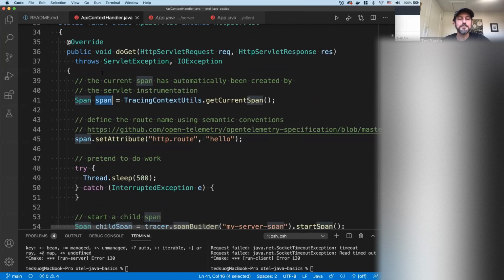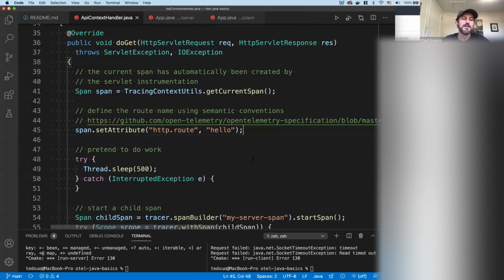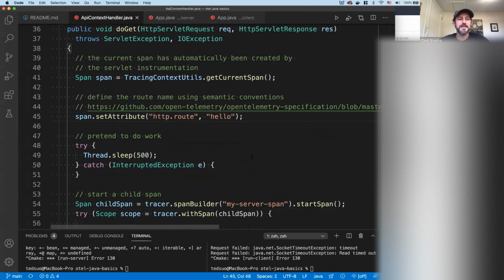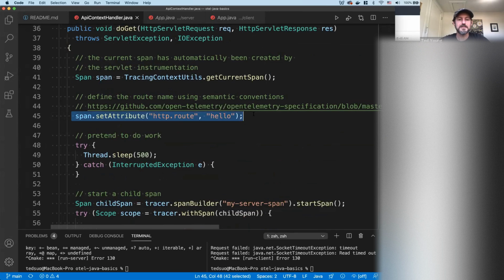For example, since Jetty doesn't add a route name automatically, I'm manually setting the route here. I'm not changing the span name, but I am adding a route semantic convention as an attribute, so you could index on that. That's how you access the current span.